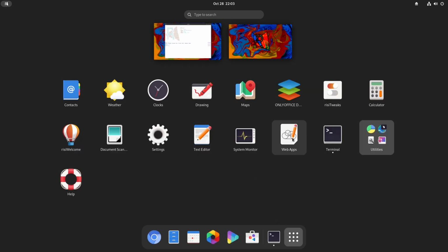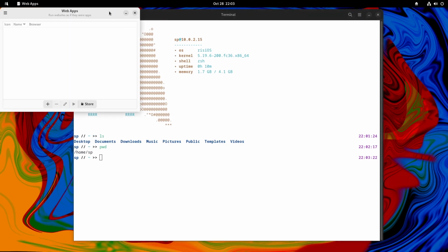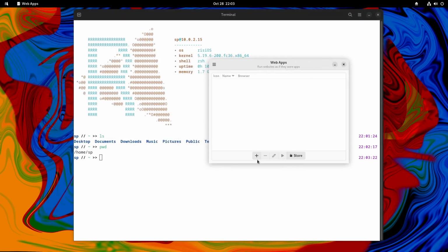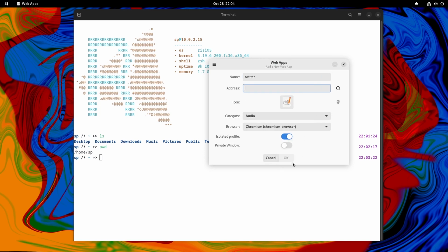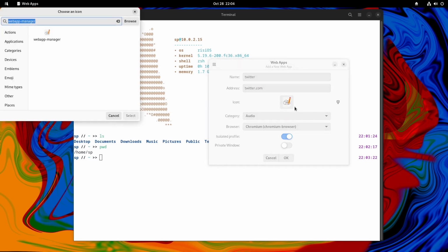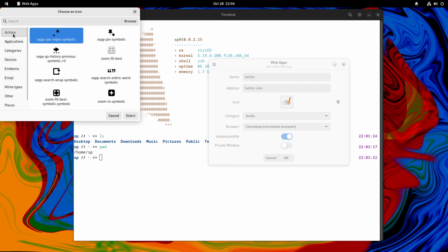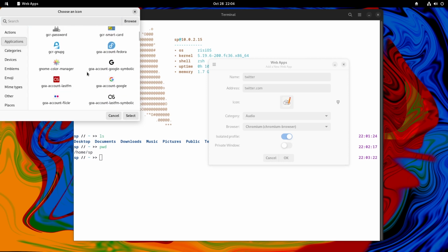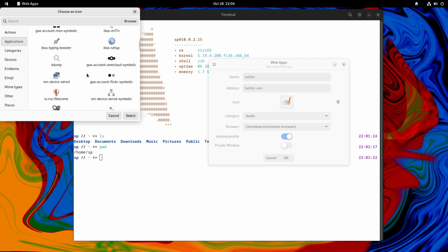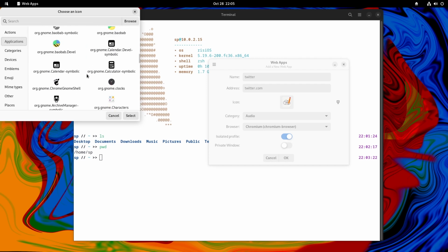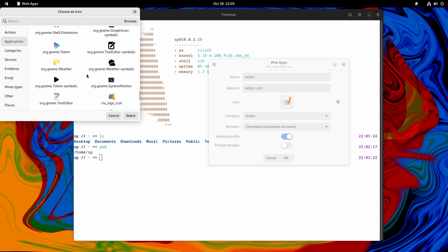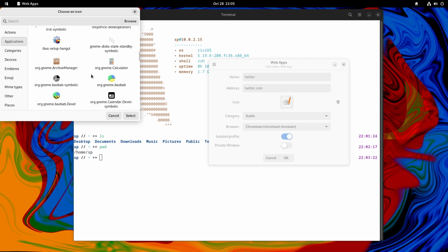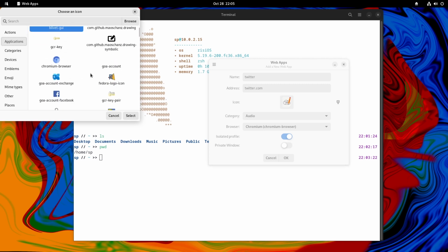Web apps. I will try the web apps. So for example, if we want to make, for example, twitter.com, an application in here, I will try to find the Twitter logo. There's no Twitter logo, I think. So I will try Facebook.